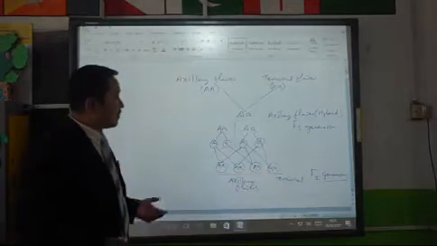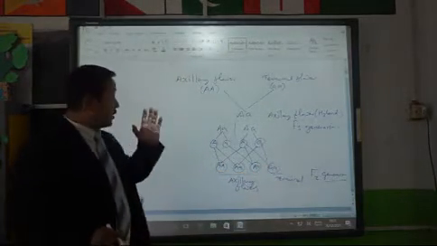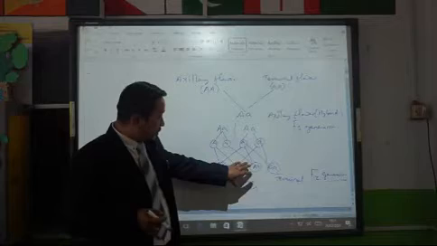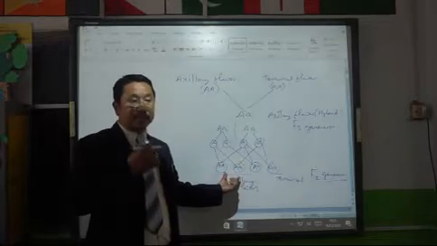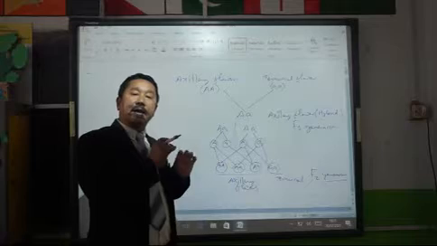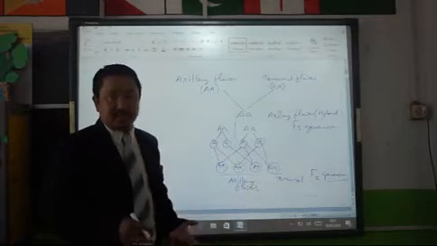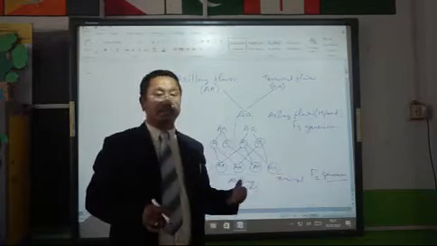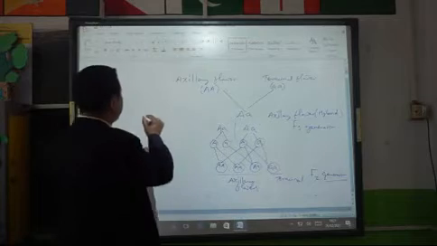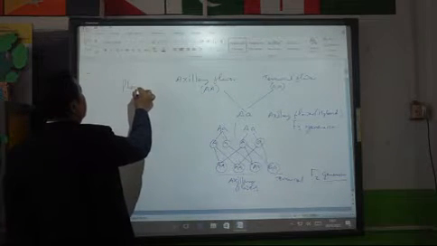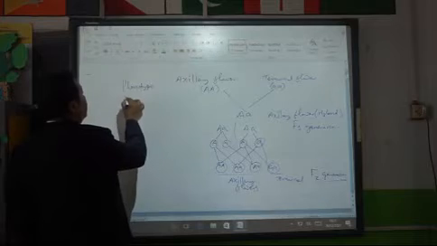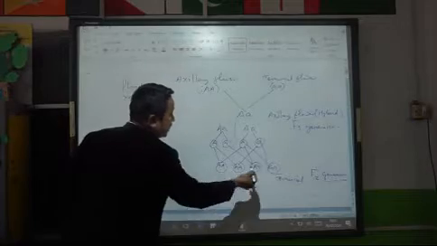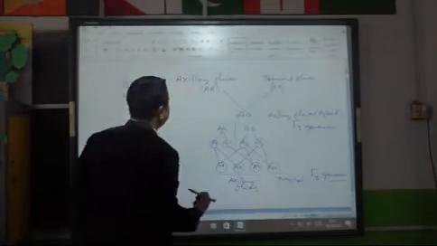Okay, so if you see the genotype and phenotype, you have to know about phenotypic and genotypic ratio also. Out of four, these three are axillary flowers. That means they express themselves to be having the axillary flower. Three of them, whereas only one is having the terminal flower. That is phenotype. Their expression is phenotype. So the phenotypic ratio will be 3:1. That means three axillary flowers, only one is terminal flower.